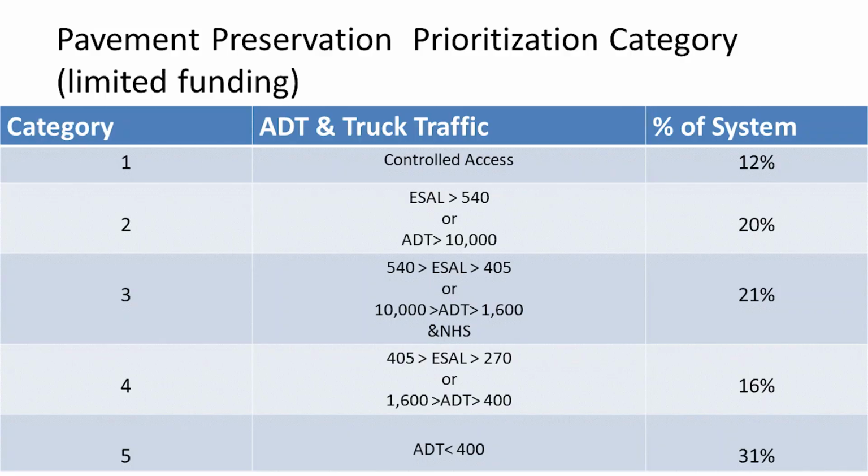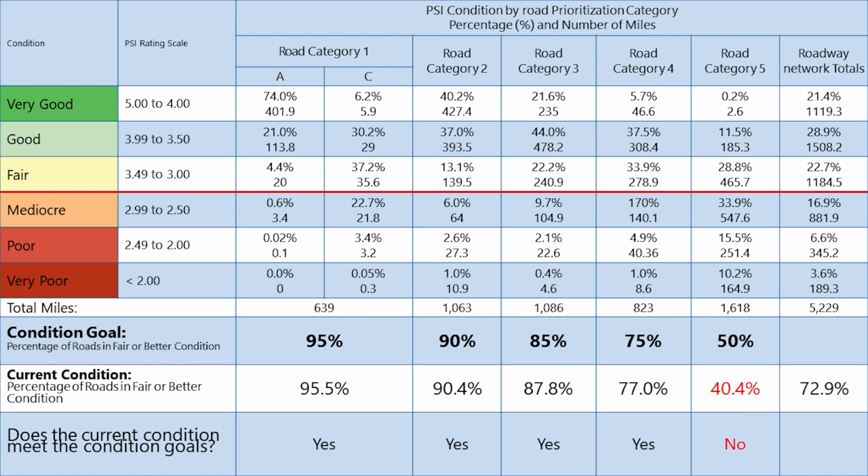Okay, so here is the overall condition currently. As you can see, the NDOT pavement management system uses a PSI rating, which is 0 to 5. Similar to a PCI rating, you have very good, good, fair, mediocre, poor, and very poor. Currently, our state legislature approved goal for our pavement system is 95% fair or better on category 1, 90% fair or better on category 2, and so on all the way to category 5. As you can see here, when you go to a lower category, like category 4 or 5, we have a lesser expectation on the pavement condition,